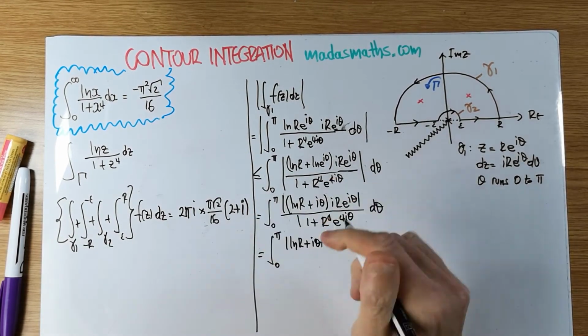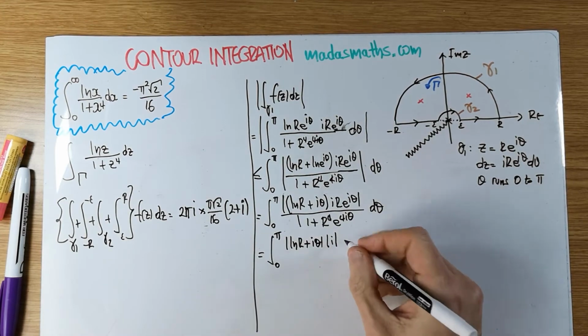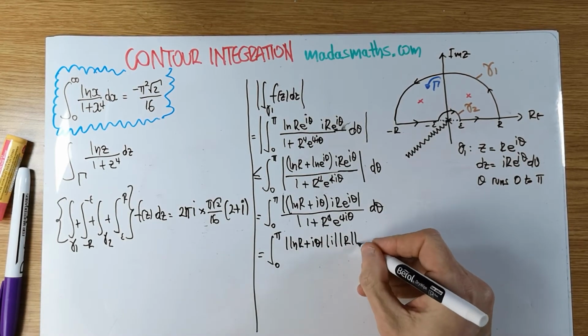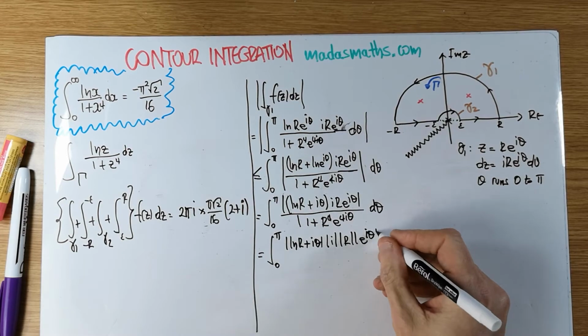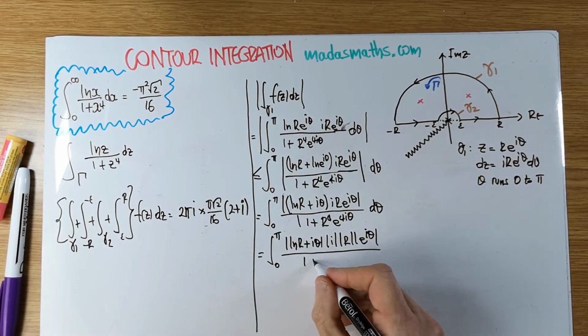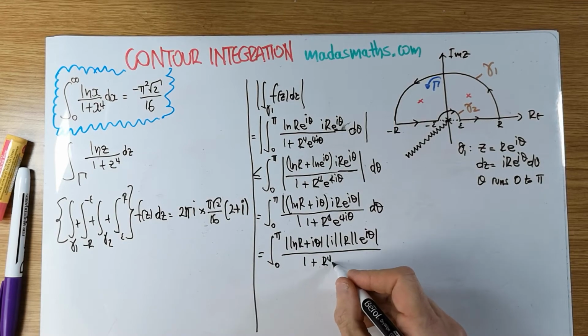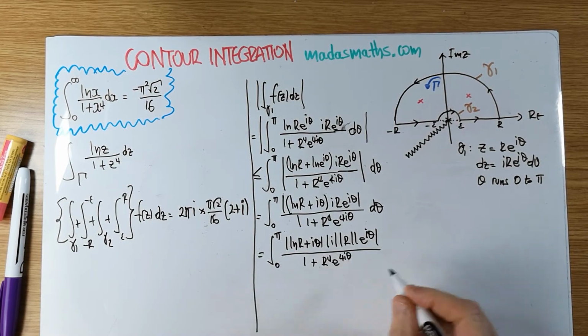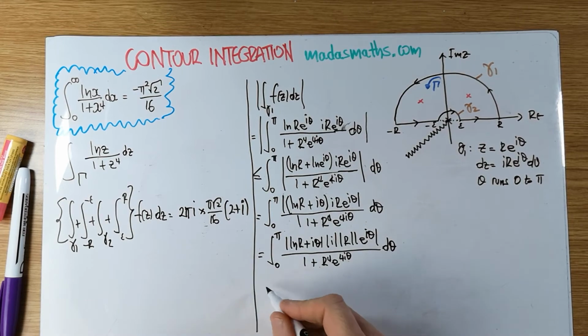So the mod of that times the mod of i times the mod of r times the mod of e to the i theta. We cannot do that on the denominator because of the plus. 1 plus r to the 4 e to the 4 i theta d theta, which is equal to,